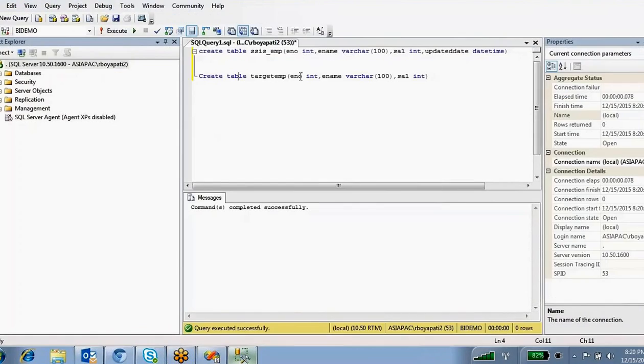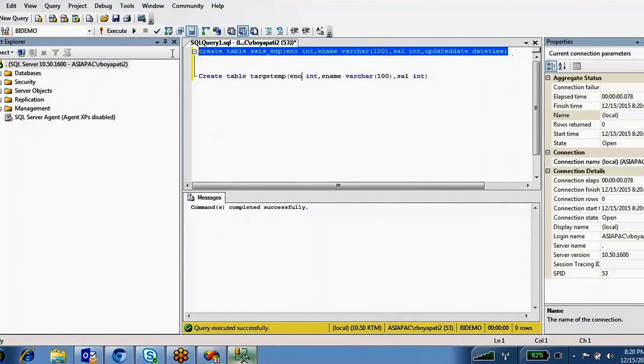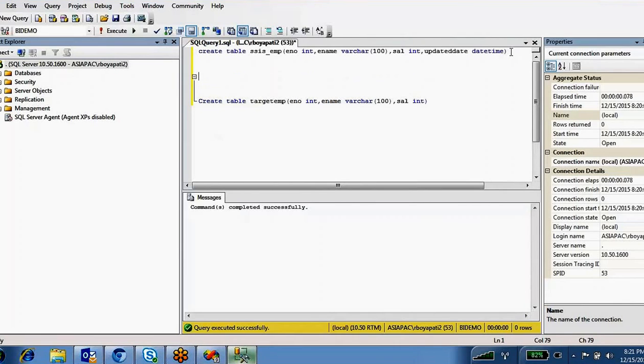Every time you are going to load that data into this stage table. So I want to make it a stage table, drop table, stage emp. Stage emp means this stage table we are going to load.